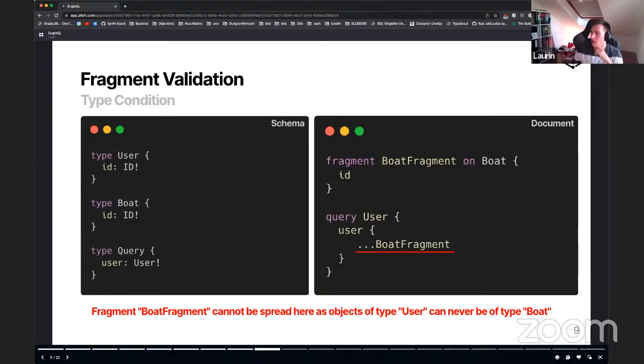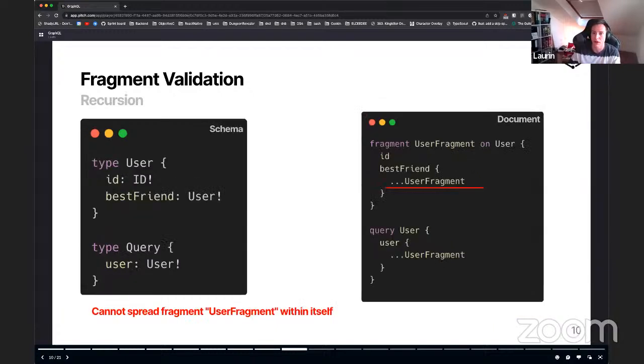As with everything else in GraphQL, the fragments are validated, and each fragment has a type condition. And if you try to apply a fragment on a field that does not have the type specified in the type condition, you will basically get a type validation error, and you won't be able to execute the GraphQL operation. At the same time, recursion is not supported by GraphQL fragments for the simple reason that you can actually cause an infinite loop by doing this. And because of that, the spec just says you can't reference a fragment within itself, which also sometimes is a bit weird